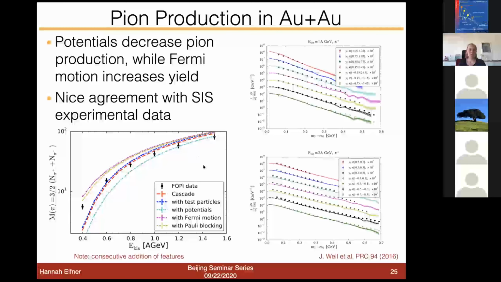And then with Fermi motion, you put more energy into the system, so you're able to produce more particles. And Pauli blocking reduces this a little bit again, also as some collisions just cannot happen due to that. But Pauli blocking is also only relevant at very low beam energies. And these other two plots, as far as I remember, are actually not gold-gold. I think they're carbon-carbon or something like that. But here you see the pion production in the transverse mass, and we are doing not such a bad job in describing this pion production in these small systems, at least.